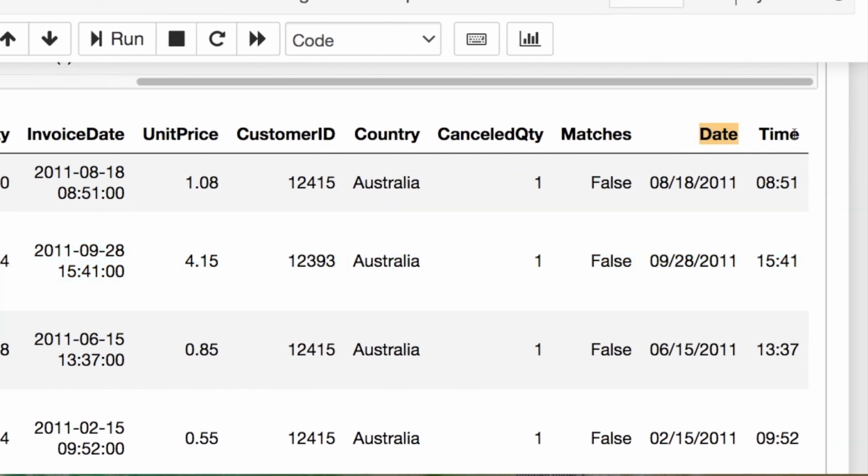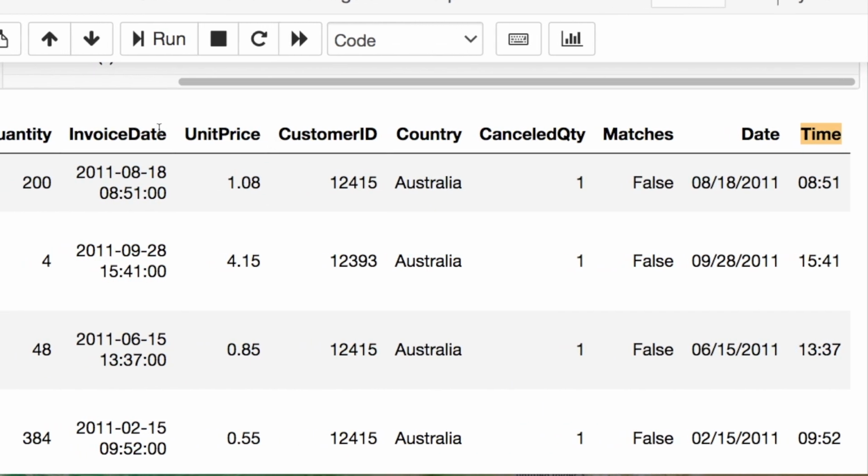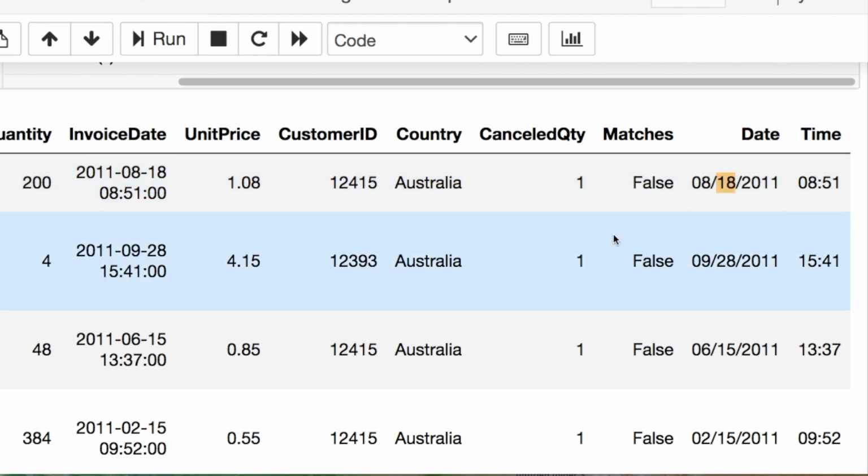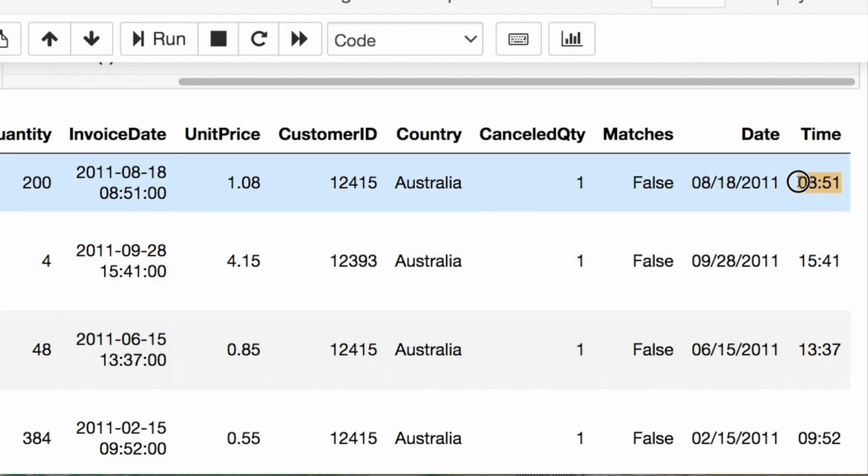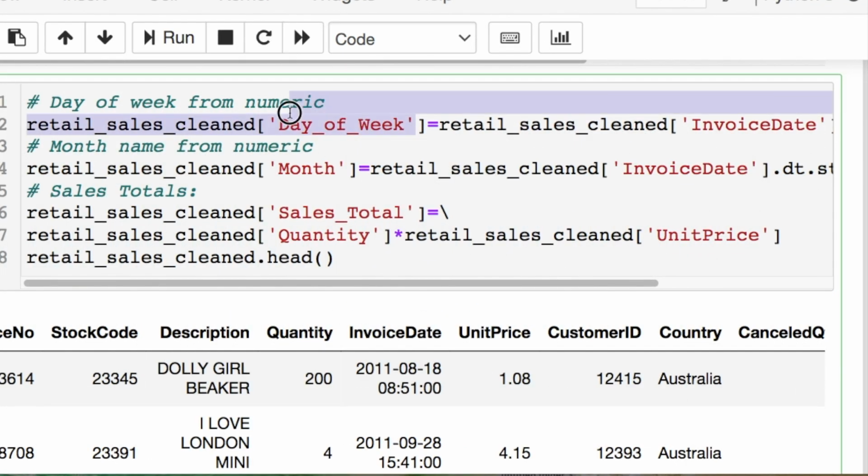Here's our new columns, but the data types are now different than what the data type is when you have this invoice date. We're going to further take these dates and pull out the month name, the day of the week as well. And then later we will just take the hours. From there, I subset these data in day of the week, the month, and then I created that new column with our sales totals, the quantity, and the unit prices.